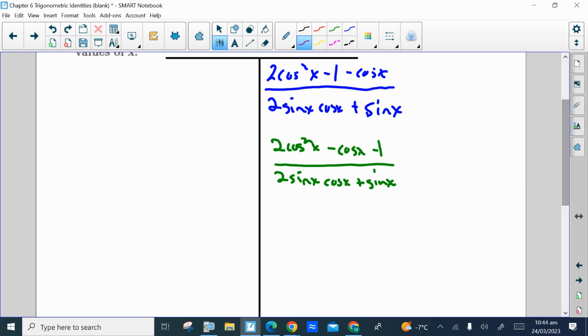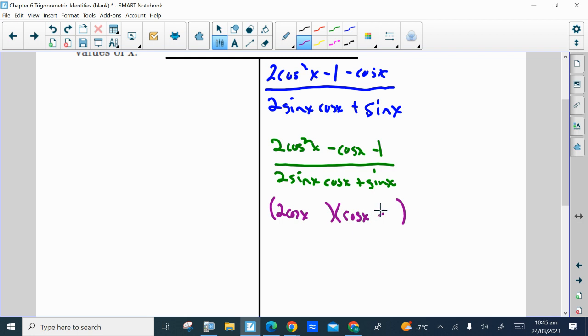The top is a trinomial. There's no common factor there, so the factors will be binomial factors. The front terms multiply to get 2 cos squared x, so it'll have to be 2 cos x and cos x. The last terms multiply to get -1, and when I FOIL it out, I have to get a -1 cos x in the middle,